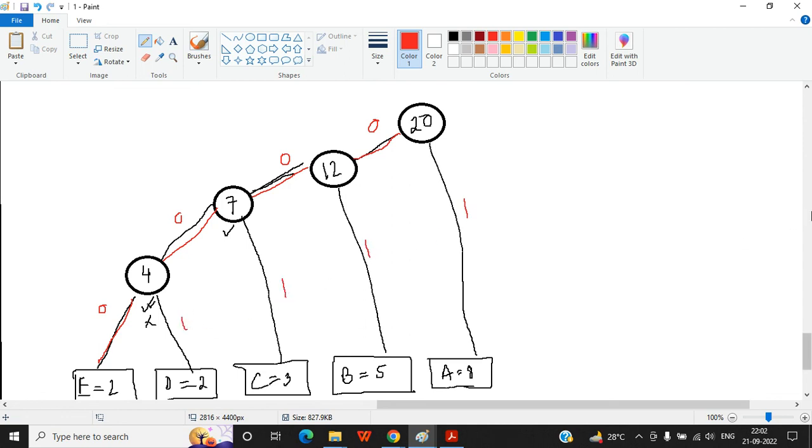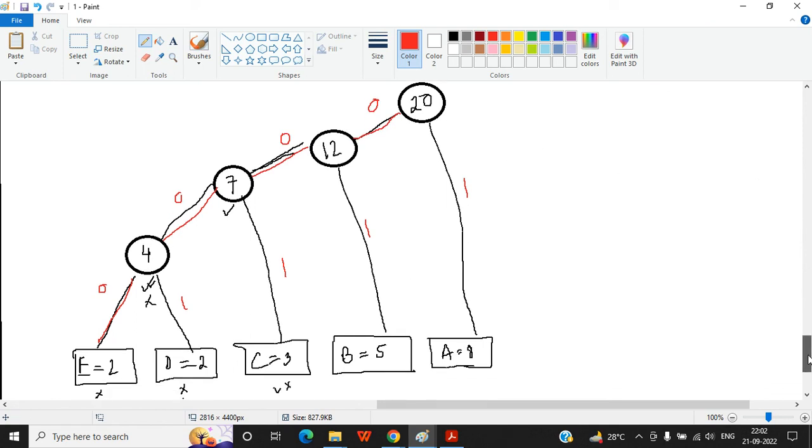Now you are going to get the code. What will be the code? You can easily identify it now. So E will be coded as 0, 0, 0, 0, 0, 0, 0, 0. D will be coded as 1, 0, 0, 0, 1.